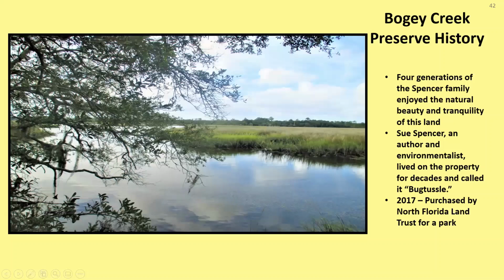So the Spencer family lived here for a bunch of generations and loved the place, loved the tranquility, loved the beauty. This is kind of overlooking Clapboard Creek, which is out here. Sue Spencer, an author and environmentalist, lived on the property as a kid and called it Bug Tussle. And in 2017, it was finally purchased by the North Florida Land Trust. The North Florida Land Trust had been working with the Spencer family for, I don't know, at least 5 or 6 years prior to this purchase to